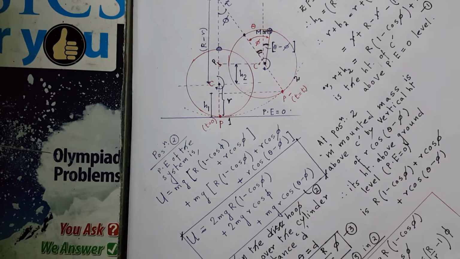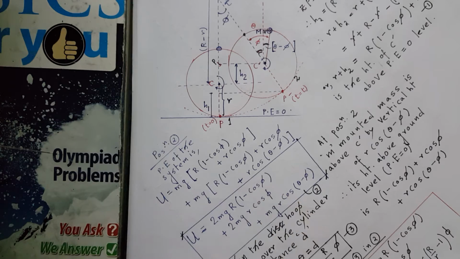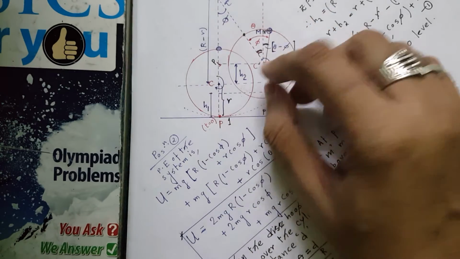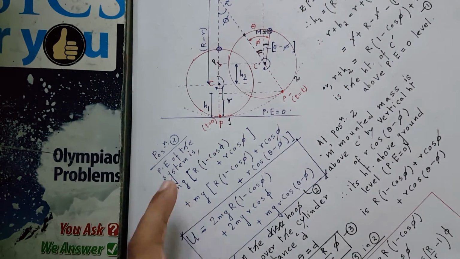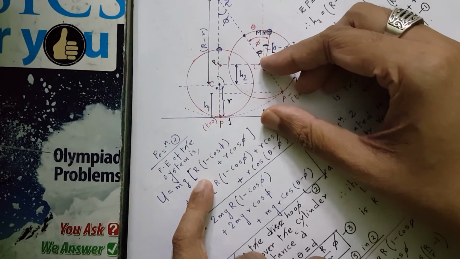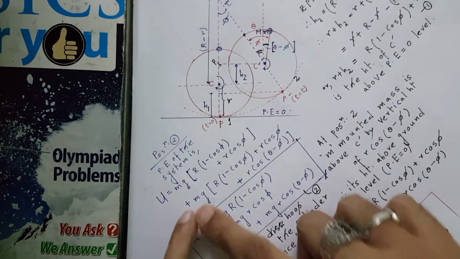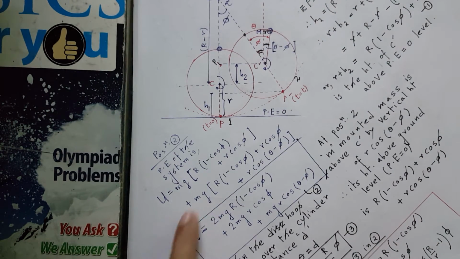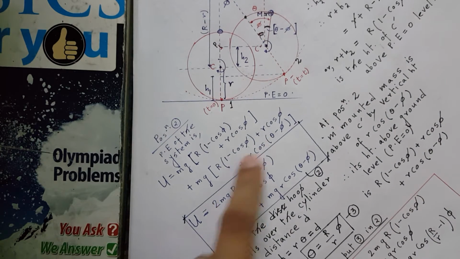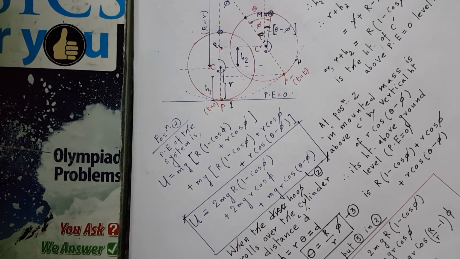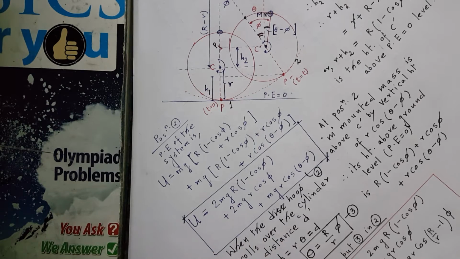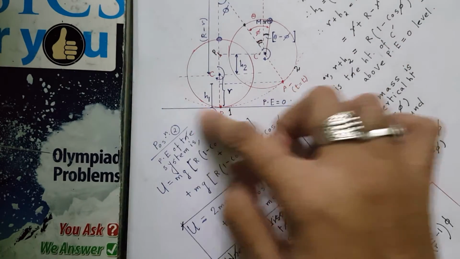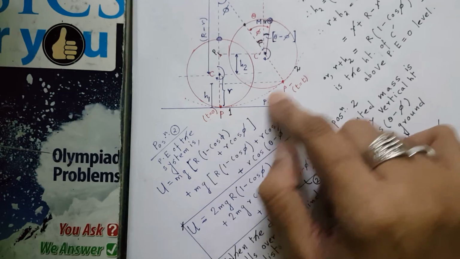Now once we have these two things, in position 2, what is the total potential energy of the system? We can find one potential energy because of the hoop and one potential energy gain because of the mounted mass. So mg into the gain in height of the center of mass of the hoop, plus mg into the gain in height by the mounted mass from the zero potential energy level. If you do this, you get this result. Now please see, if this hoop rolls over this cylindrical shell for a distance d, then P dash will be d.